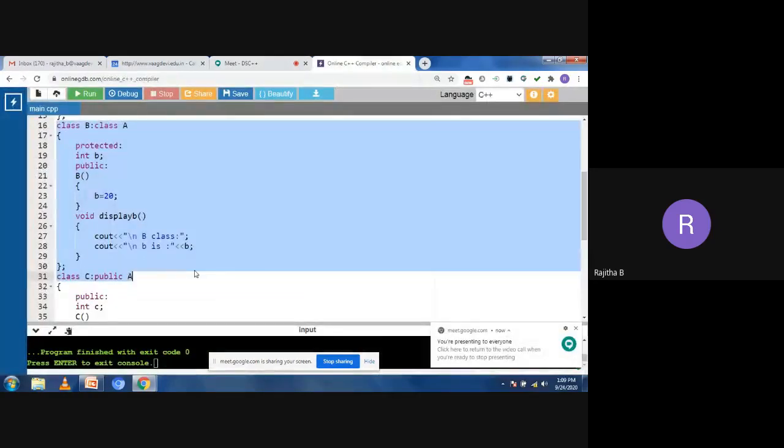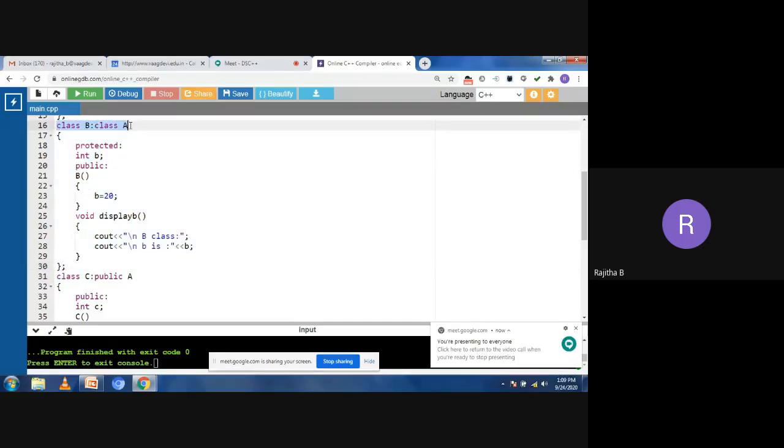Yes, you can see here the syntax of the B class and the C class. So class B colon, and from which class you need to derive the properties, write that one. And class C also, again. So this B and C class have a common parent or common base class, that is A class. So this is the syntax to write hierarchical inheritance.